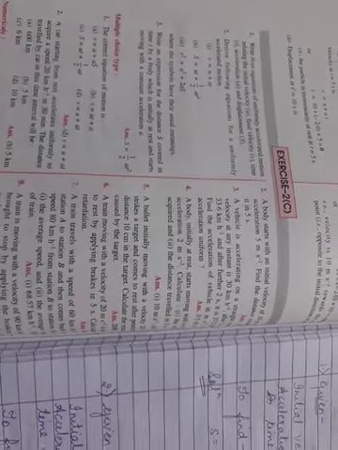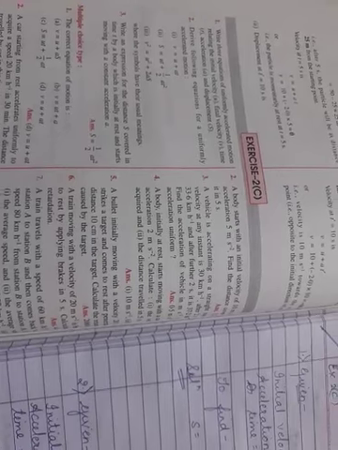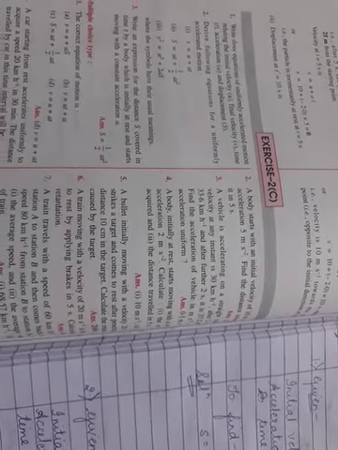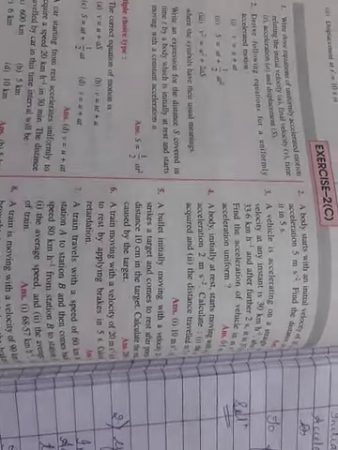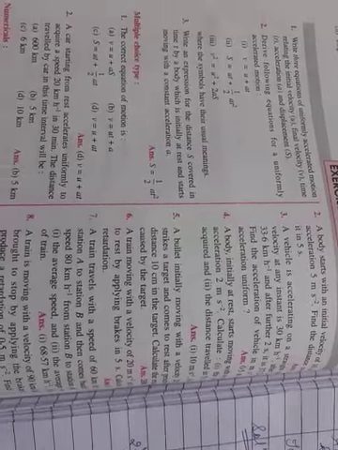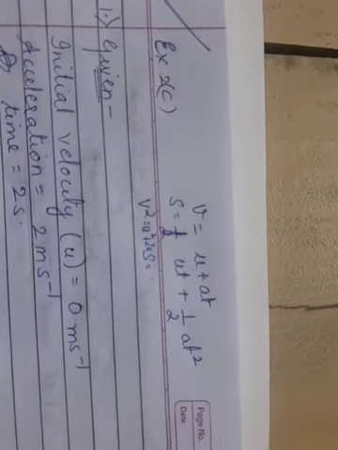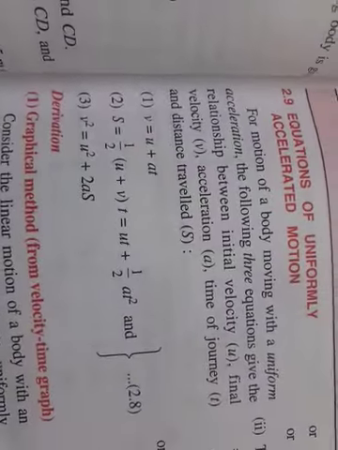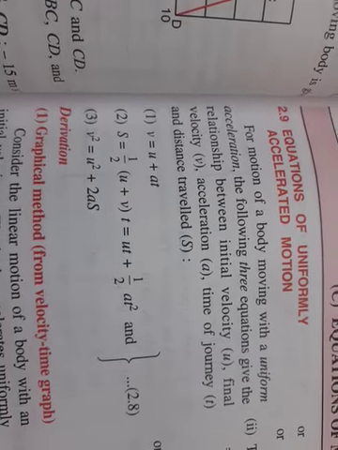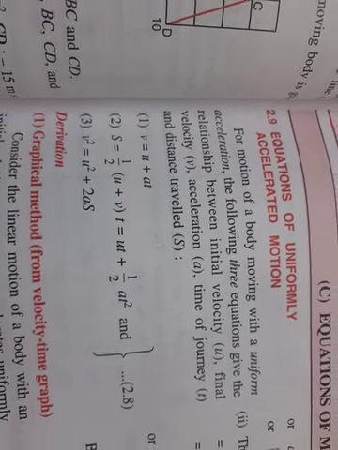Already we are done with the equations of motion. I hope those equations of motion were very clear with you. Now on the basis of those equations of motion, we are going to solve a few numericals. They are very easy numericals. All are based on the three kinematic equations, which are v equals u plus at, s equals ut plus half at square, and the last one, v square equals u square plus 2as. So all the numericals are based on these three equations of motion.